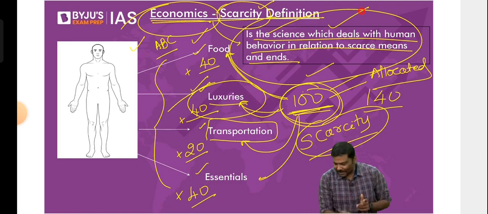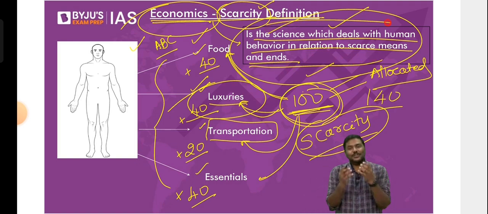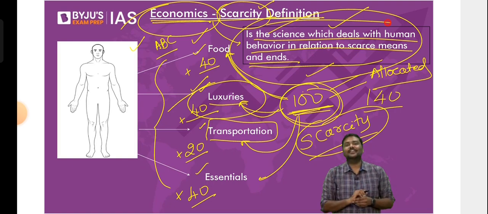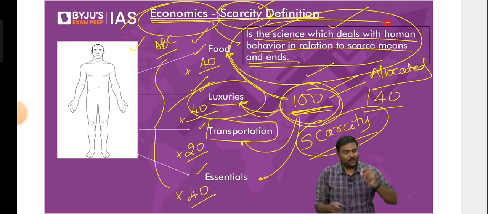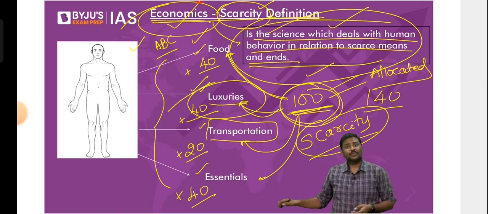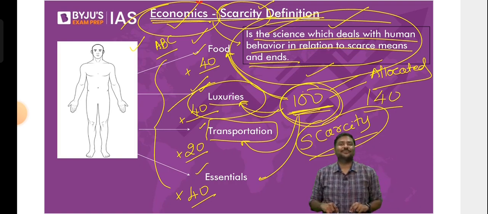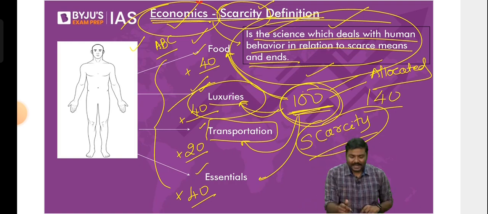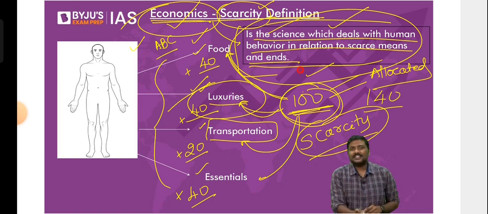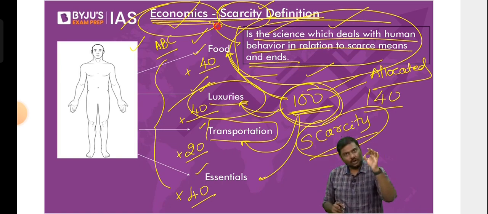So what you've done is you're practicing economics. You know that the resources, that is the money you have, is not sufficient to cater to all your requirements. So you become an economist. Some may say, I don't do any of these. Great, you might not be doing it. Look at your parents. If you're not doing any of this, at least look at your parents. Your parents will be practicing economics. Right? So this is the definition. Simple definition. Don't run behind this. Don't mug it up either. Simple.